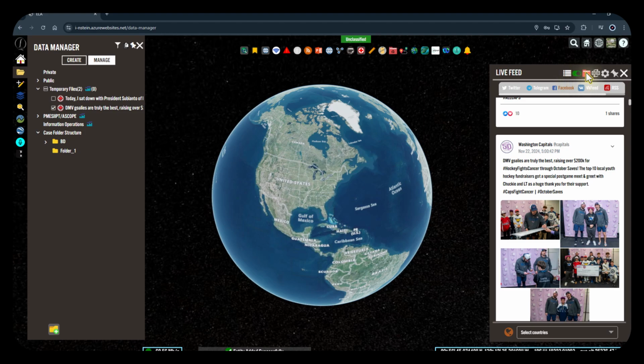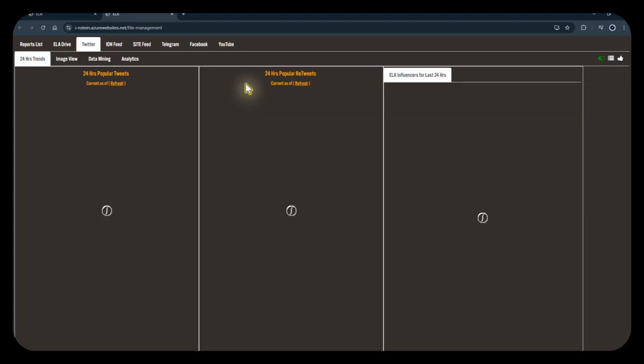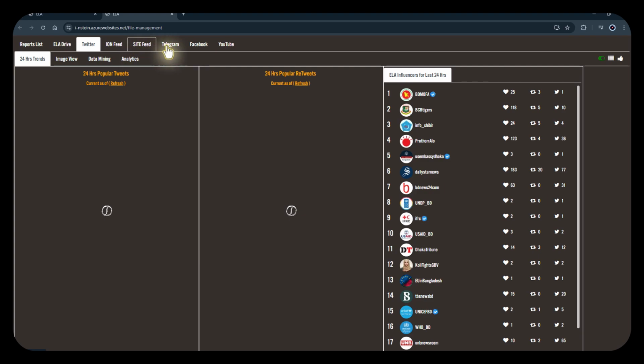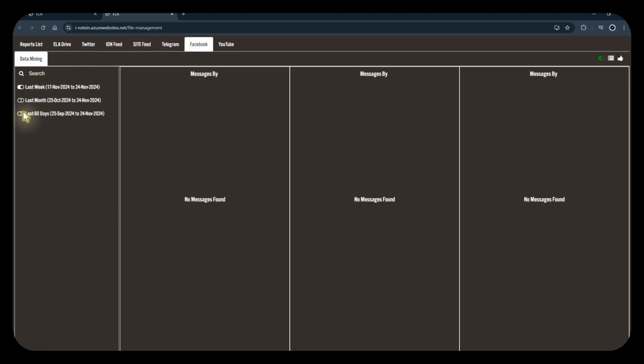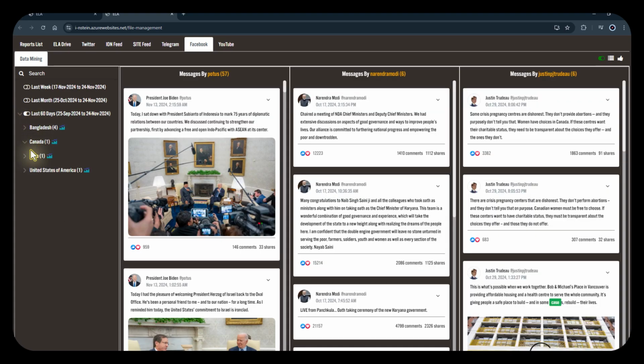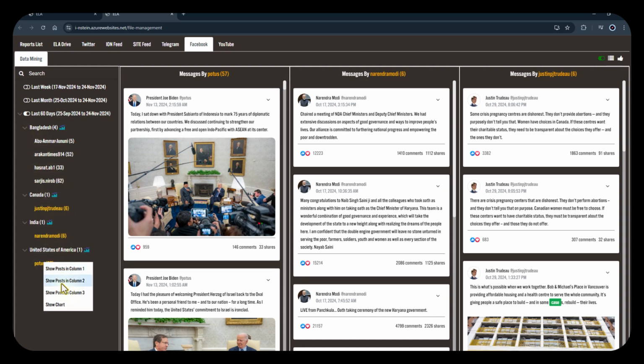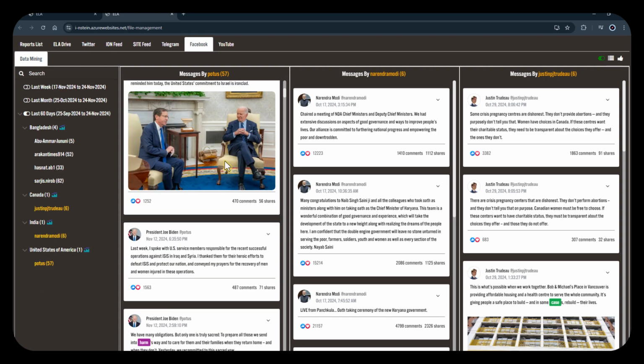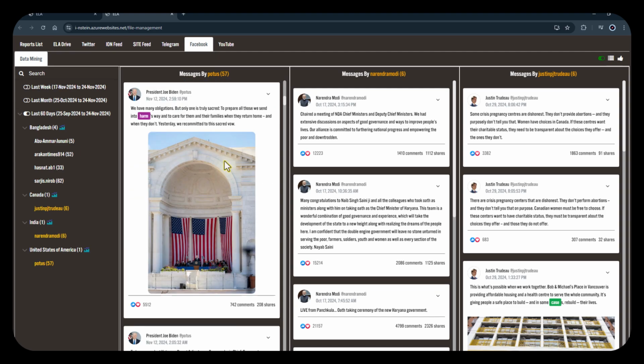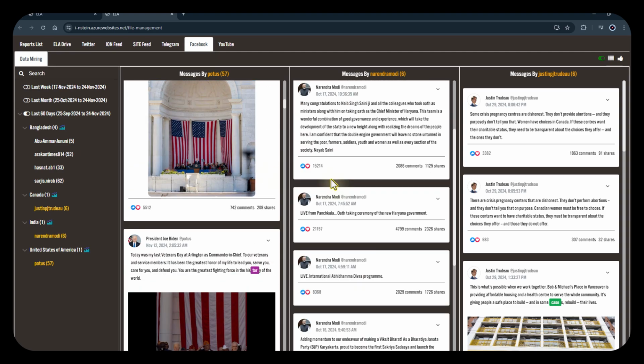Within the red folder in the live feed, you're able to go see any and all of the data within the past week, month, or 2 months. If you go look in the past 2 months, you can look at any of the accounts that you have in your live feed, and you're allowed to right-click and put any of the accounts into the columns to where you can see isolated posts from one specific account. It gives you all the same